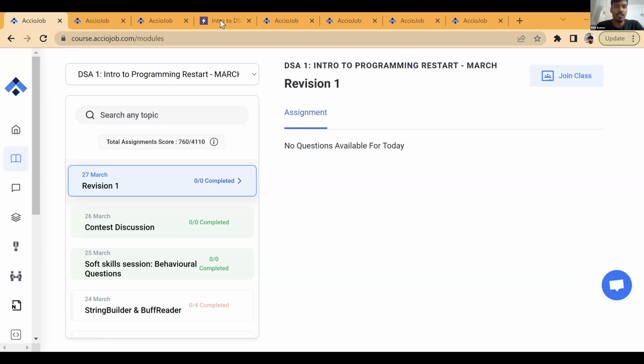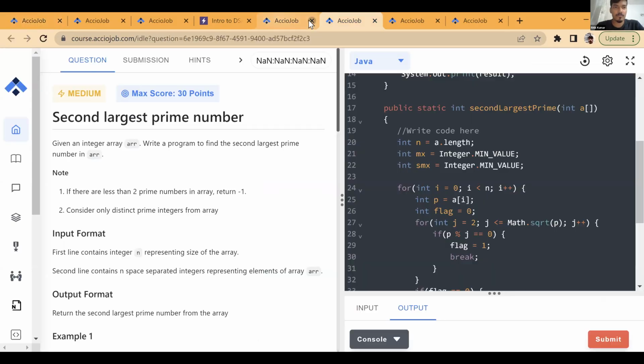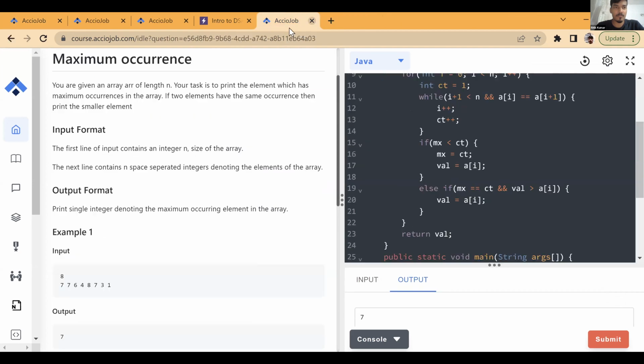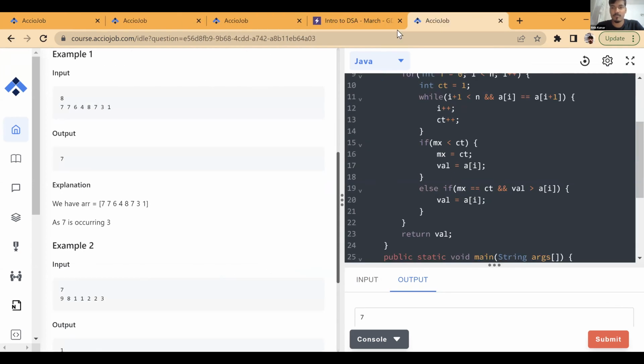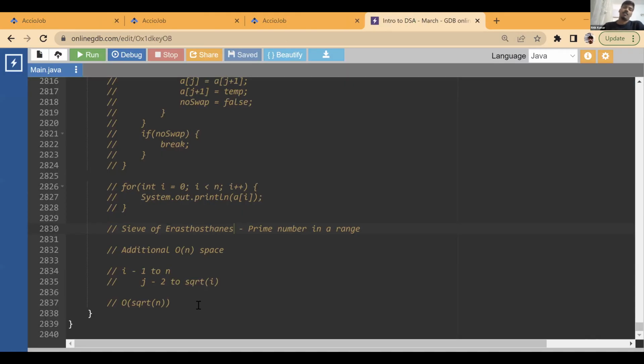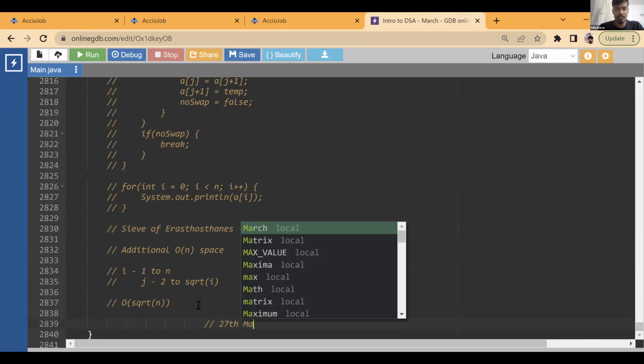I have a lot of tabs open. So today's date is 27th, right? So let's put that date, 27th of March